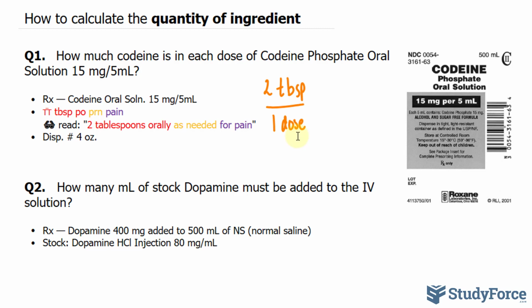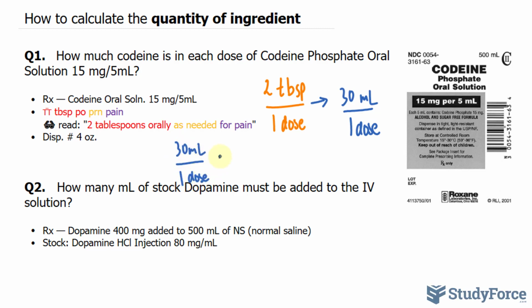And the conversion ratio is for every 1 tablespoon, it's 15 milliliters. So if we have 2 tablespoons, it should be 30 milliliters. So I'm going to switch this into 30 milliliters of medicine per 1 dose. Subsequently, I'll take this number and multiply it to the strength of this medicine. So by taking 30 milliliters per 1 dose, take a look,